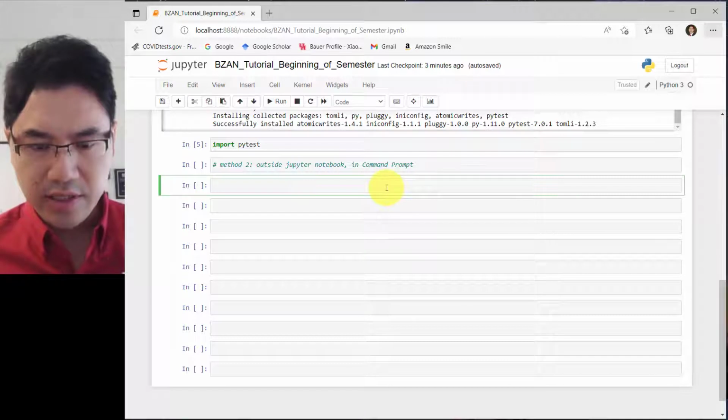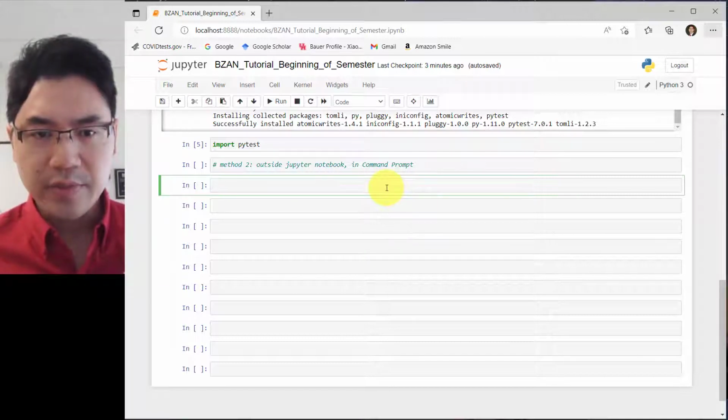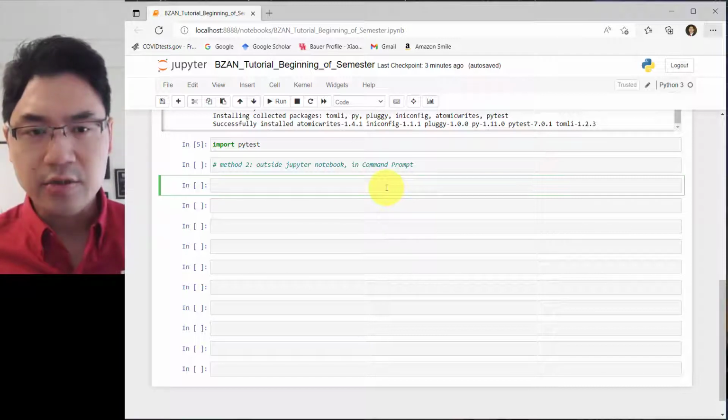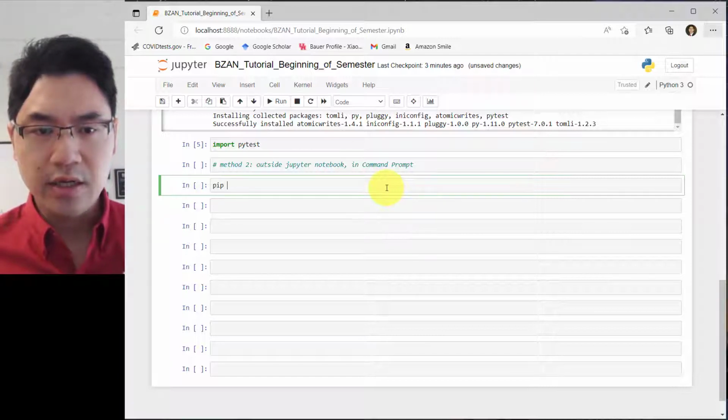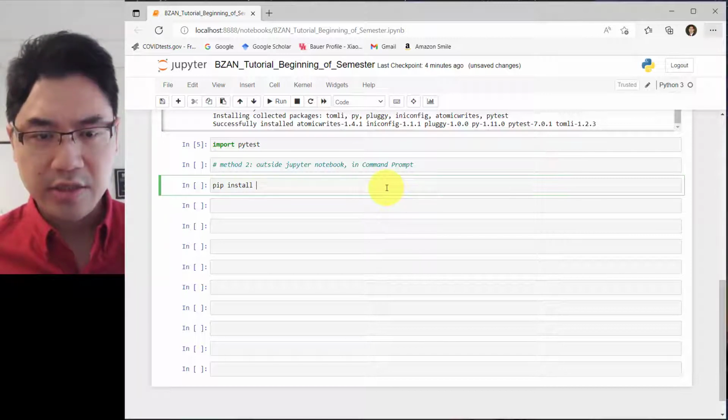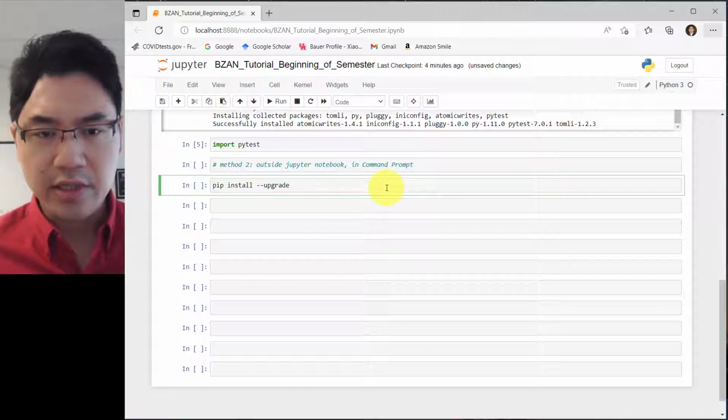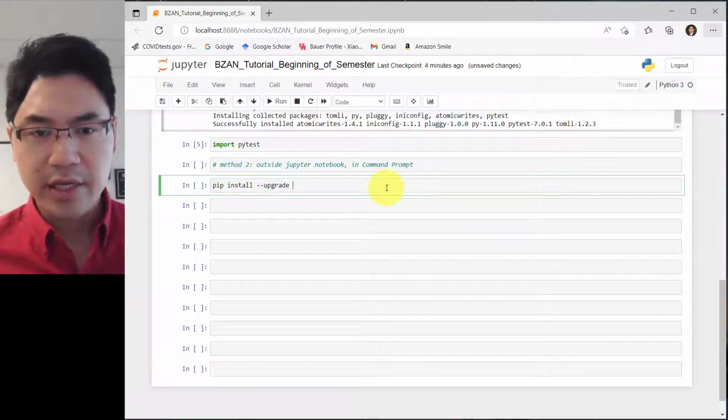So when I do this, it's going to skip that, but it will say, no need to upgrade. So the command to do that is this: pip install. Instead of typing the package here, you will need to type double dash, two dashes together without any space, and include the keyword upgrade. So double dash upgrade, then a space followed by the package name,